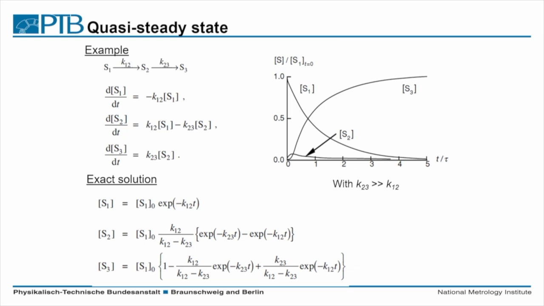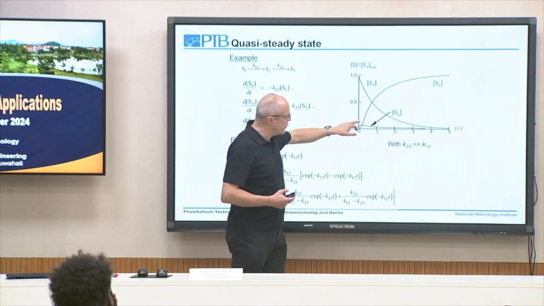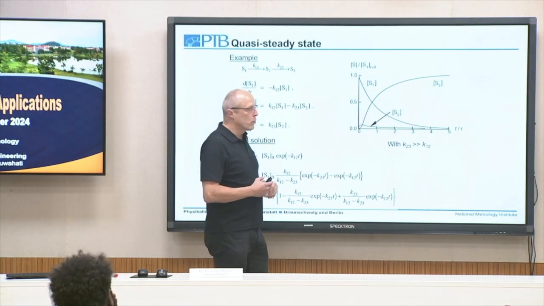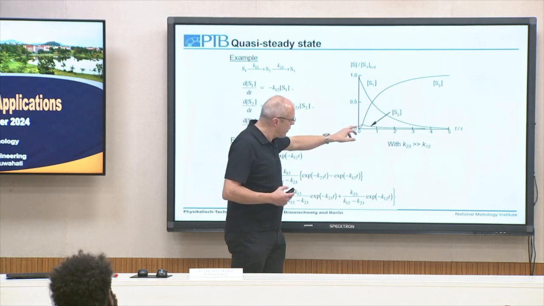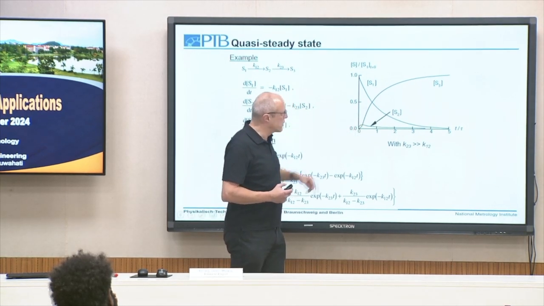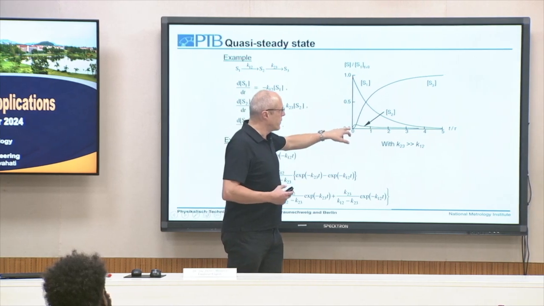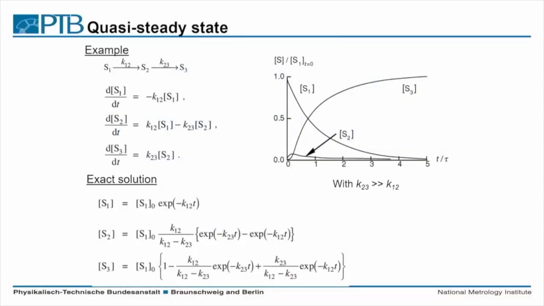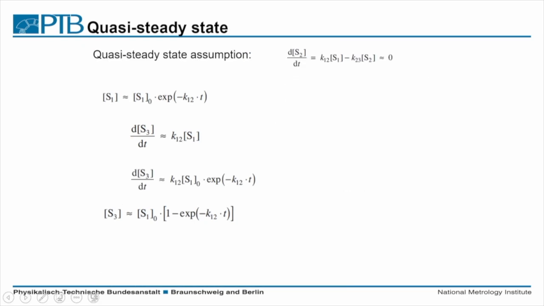So species 1 is of course this simple exponential decay. Then here we have this intermediate product S2, which is formed in low quantities only, and only at the beginning a significant quantity is visible. And then we have this fast growth of species 3. And so what we see from this plot already, is that this reaction rate is much faster than this one. And this we can use for this so-called